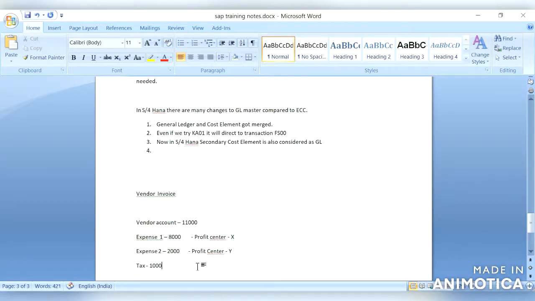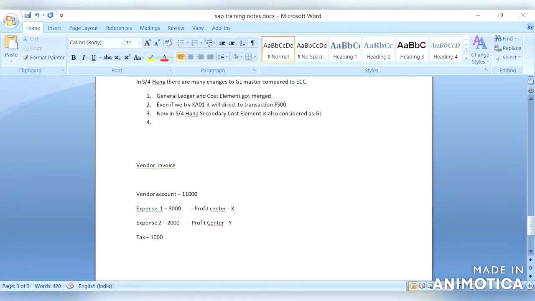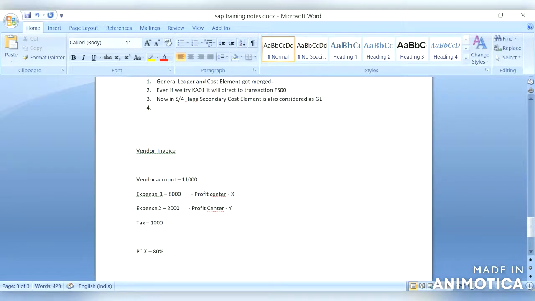So let us split the total amount to profit centers. Profit center X will have 80%, and profit center Y 20%.